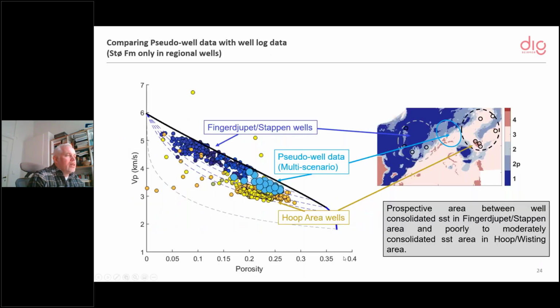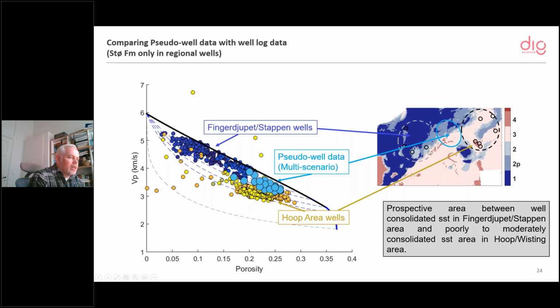Okay, and then I think it's a final slide or one of the last ones before I go to the conclusion, showing also we can use this to create silo wells. So here's a crossplot of P velocity versus porosity from the stir formation. The blue dots are the wells in the fingertip area to the left, and the yellow and the orange colors are just different wells in the hoop area. And you see that it's actually a big jump in the velocities, so they're completely different reservoir quality and stiffnesses going along that.